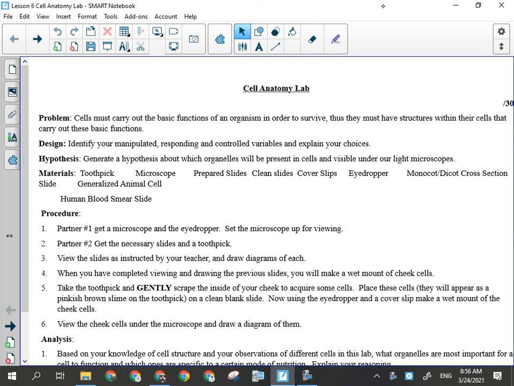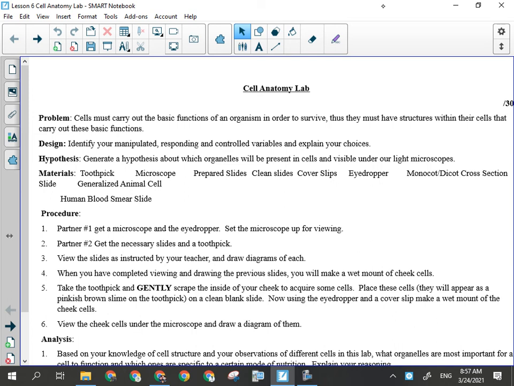Okay? You don't need to do a labeled lab diagram of the blood cell, right? Because you can't really see anything on the human blood anyway, other than the cells themselves. All right, so I want to see 3 lab diagrams, but only 2 of them need to be labeled. Okay? All right. So the problem we're investigating has to do with the cell theory, specifically the second point of